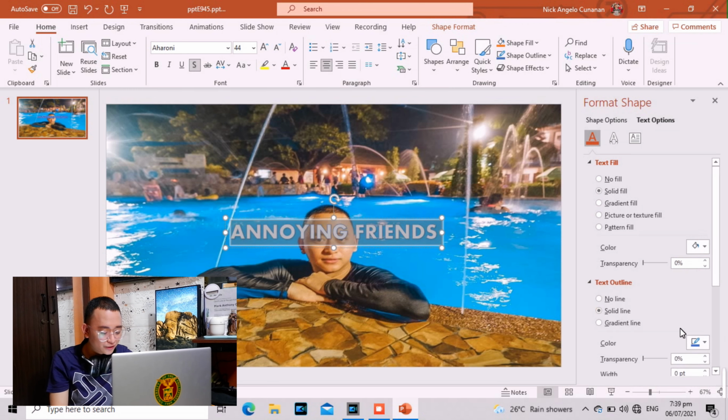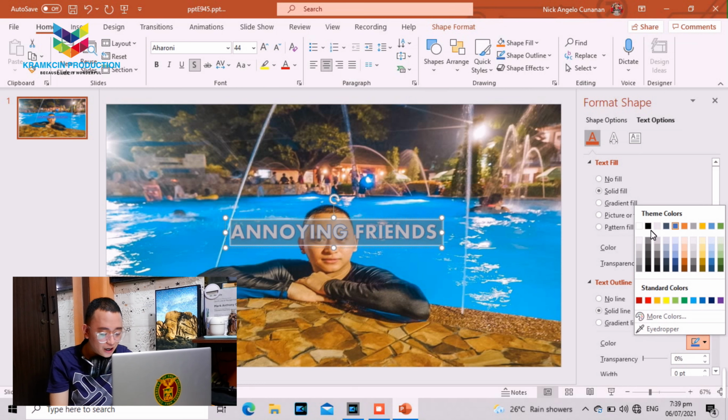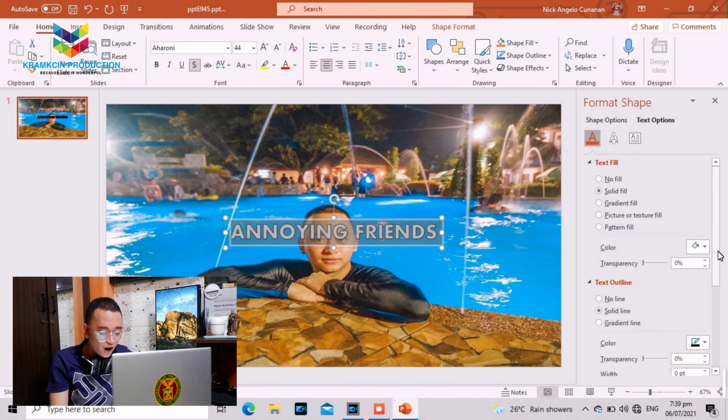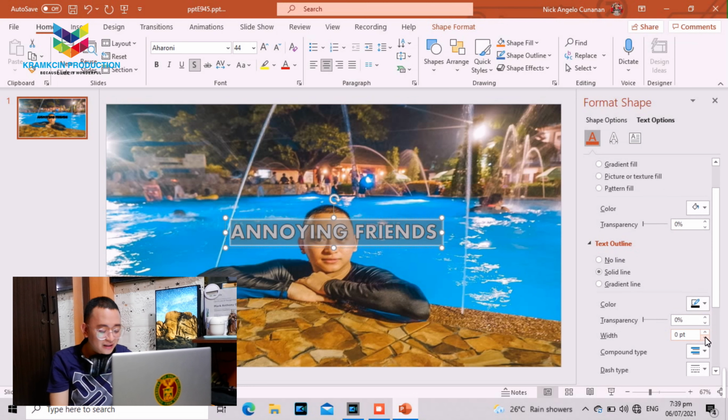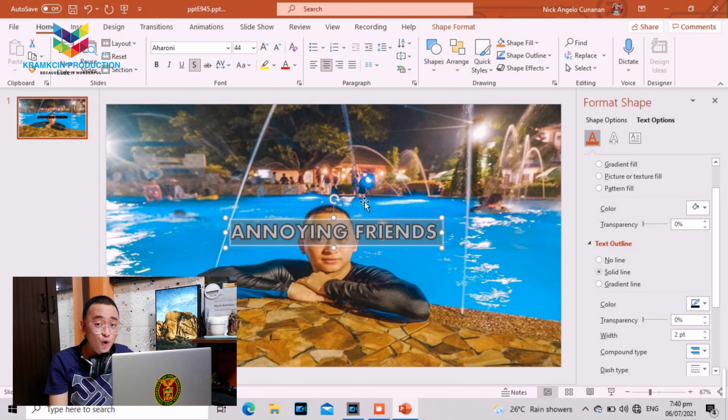Choose your desired text color border. You may reduce the thickness on the width area depending on your preferences. Next, if you want to highlight the text, you may add a color on the text box of your text. How? Go to Shape